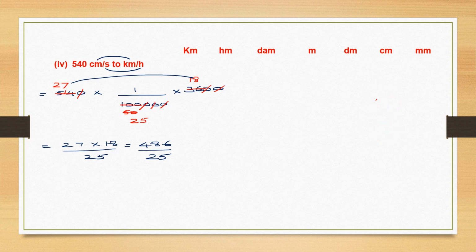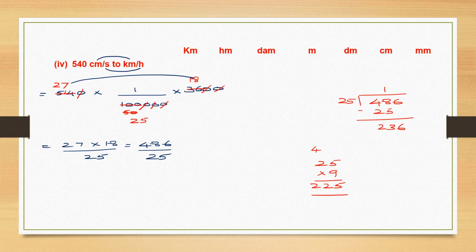Let's do the division. 486 divided by 25. Take 48, 25 ones are 25, minus 8 minus 5 is 3, 4 minus 2 is 2, and then I bring down 6. Now 25 into what will give me a number close to 236. Now let's try 25 into 9. 9 fives are 45, carry 4, 9 twos are 18, plus 4 is 22. So we can write this 19,